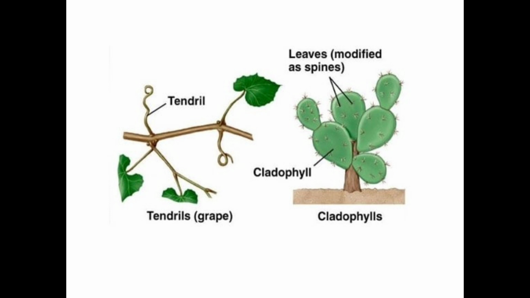So first one is, in some climbers the leaves are modified into tendrils. The tendrils give support to the plant. And the next one is leaf modification for protection. Some leaves are converted to spines to protect the plant from grazing animals, and it also helps to prevent water loss. Means desert plants like cactus have converted their leaves into spines so that they can prevent transpiration and hold water.